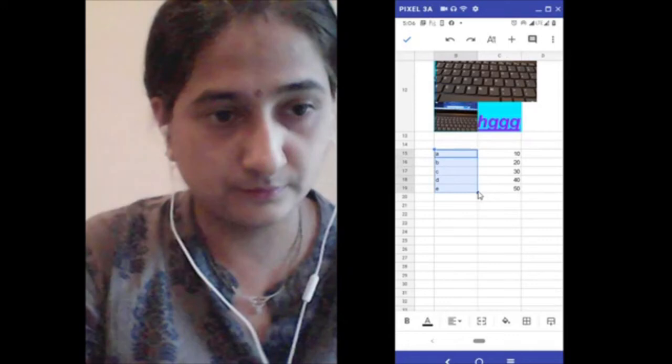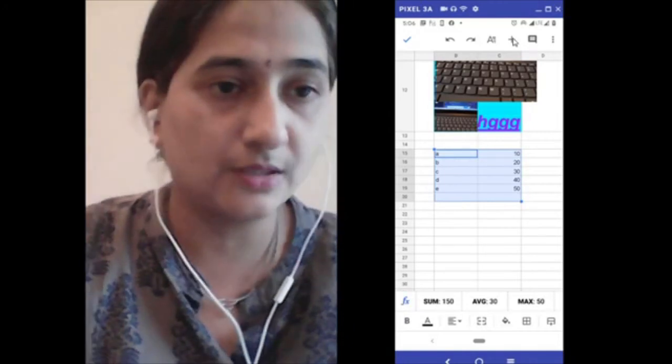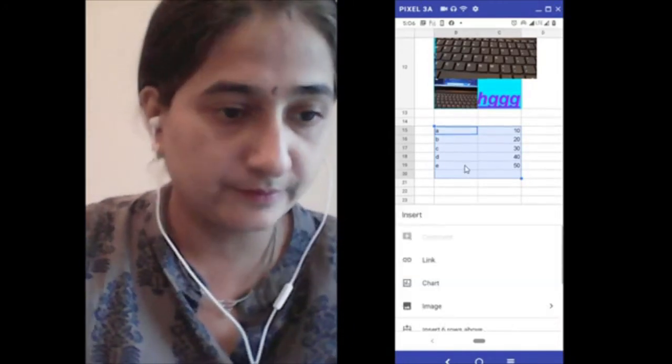Now go back and select your range first. Before you start with the graph, select the range, go to the plus sign, click on chart.